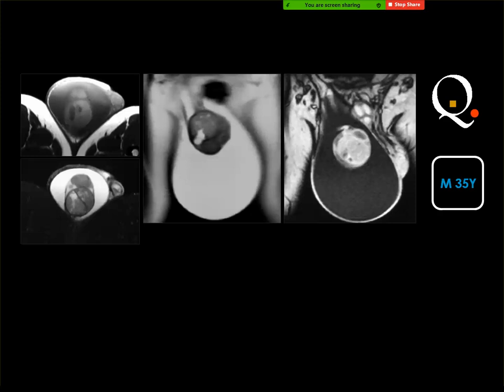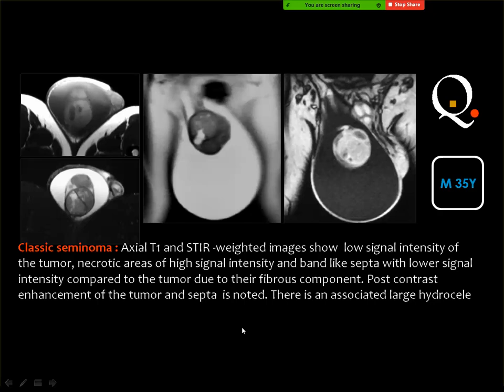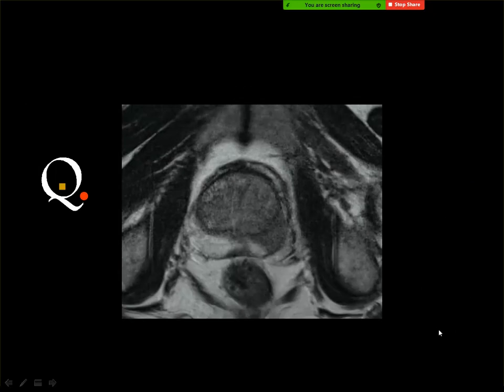Hydrocele with epidermoid of the testis. No, this is not an epidermoid, and I have advised you that if you see a mass in the testicle, consider seminoma, which is the most common. Then this lesion is of low signal in the T1, high signal in the T2, and also of high signal here, and some evident contrast enhancement with big hydrocele, and this is seminoma of the testis. The epidermoid cyst has a specific appearance, and maybe there is a case here.